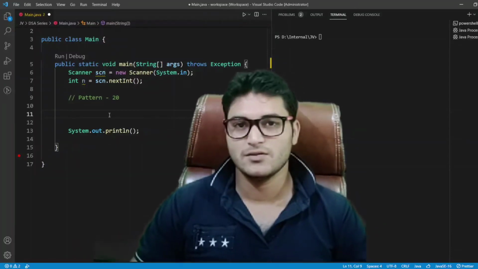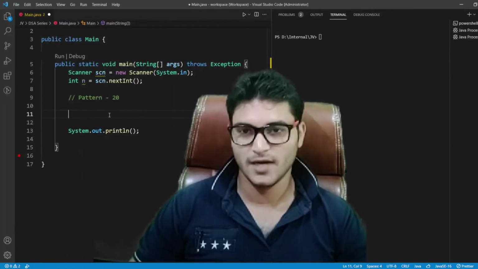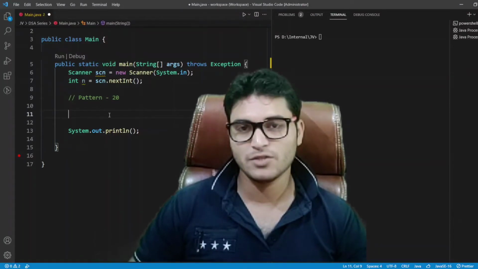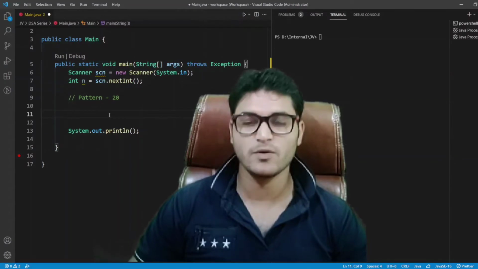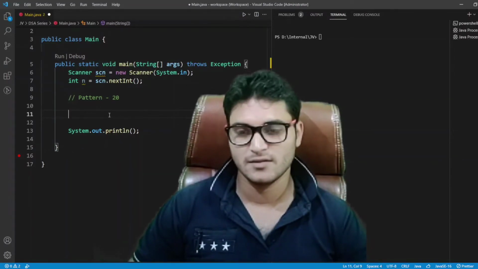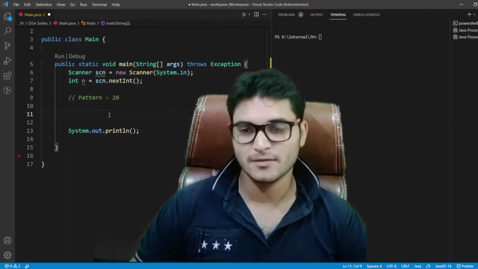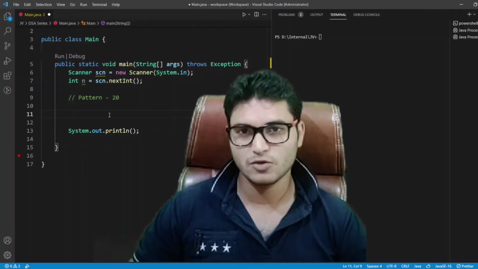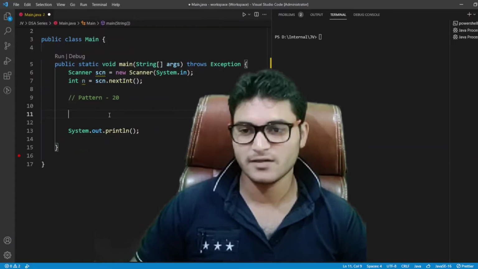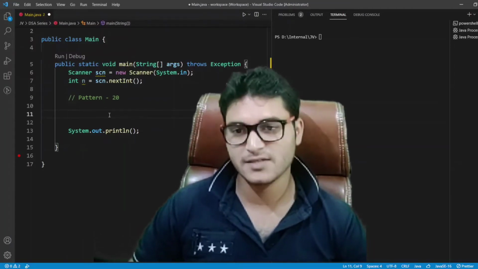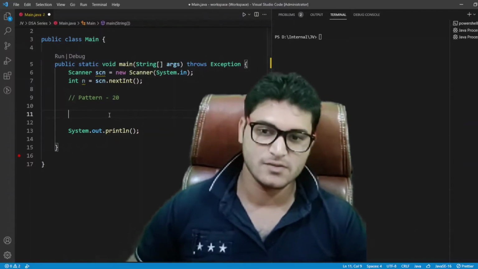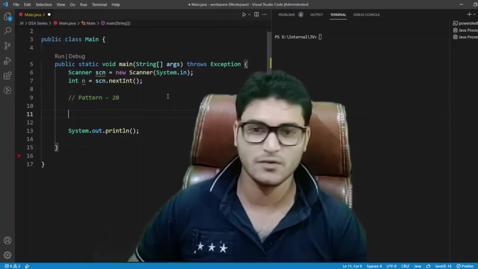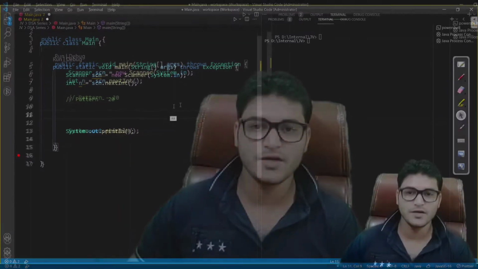All right, so this is going to be our lecture number 34, and in this particular lecture I would be discussing pattern 20, and we have almost covered till pattern 19, and most probably this would be our last pattern. We will not be entering any other pattern from now onwards, because we have seen almost all the complex patterns till now, and we are done here with the patterns after discussing the 2 days pattern, of course. So if there is any pattern left, then I would discuss it in another video, so don't worry on that part. So let's see what we are going to draw today.